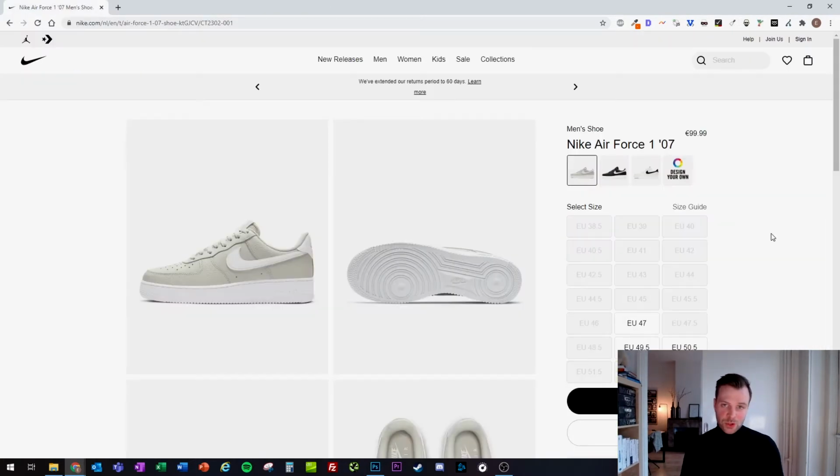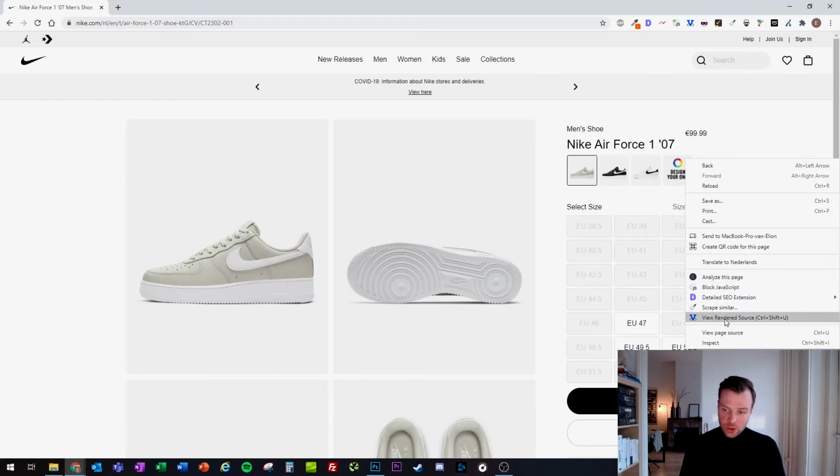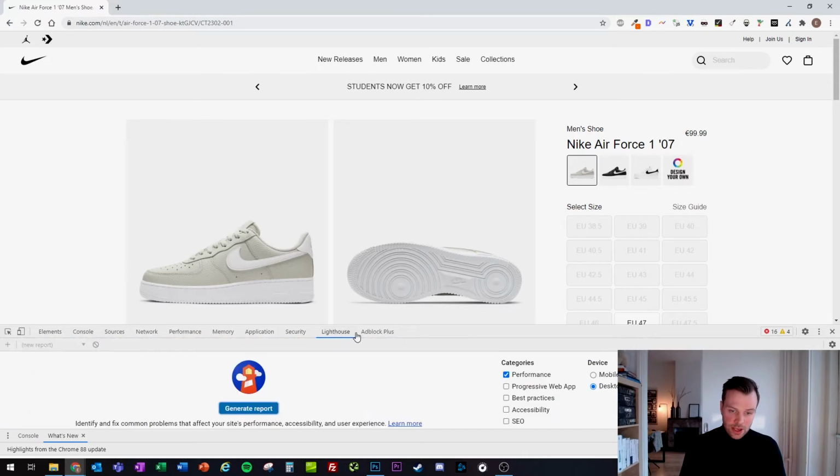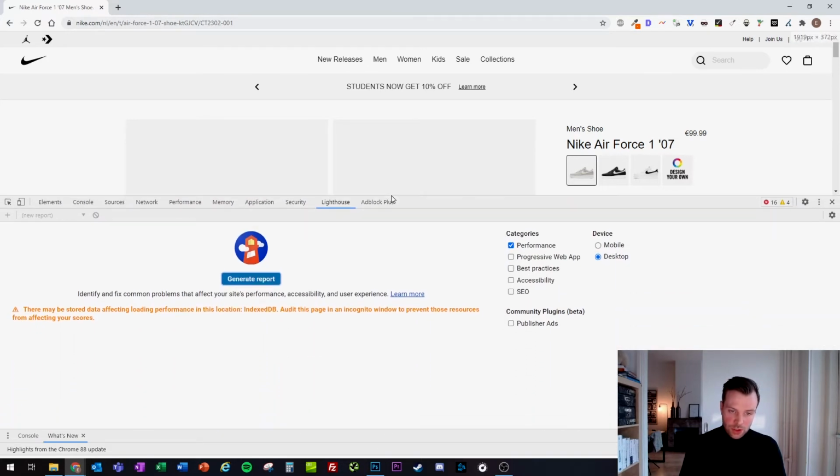Another super useful SEO Chrome extension that you probably might already have is Google's Lighthouse. So if you right click a web page and you go to inspect and you move to the Lighthouse tab, what you can do here is all kinds of audits with regards to performance, SEO, accessibility, etc. And you can even choose a device for which you want to optimize. So let's say we want to check this page for performance on mobile,